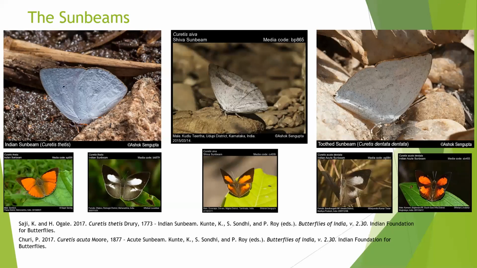Now you see that the Indian sunbeam doesn't have any markings on the hind wing. It is milky white, and you will not find any sign of spots or bands on the hind wing. That makes it very prominent from other sunbeams. In the case of a Shiva sunbeam, you will see that there's a band which originates from the apex of the forewing and goes straight to the base of the hind wing. That's how this band is very evenly present, almost evenly present in the case